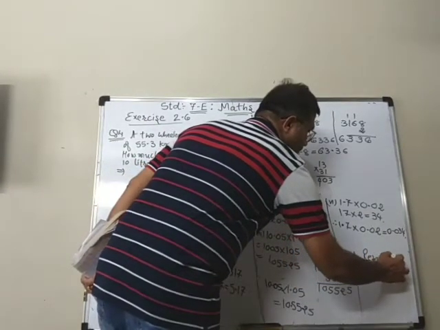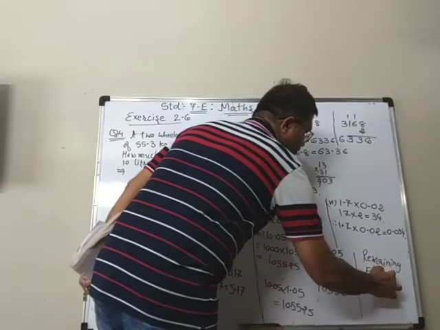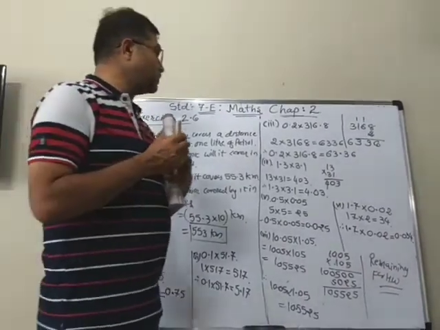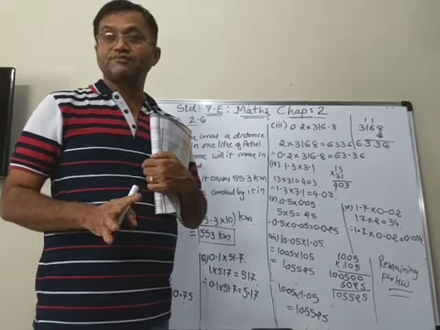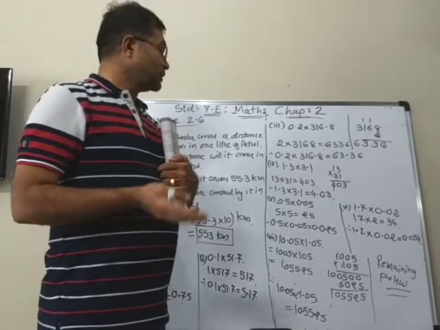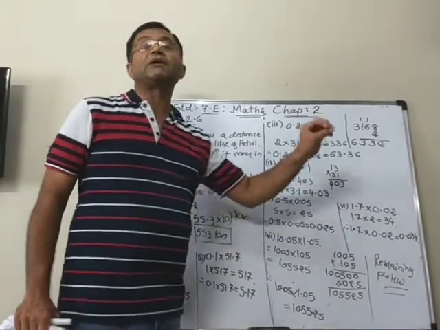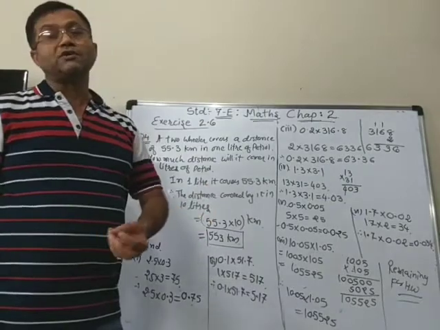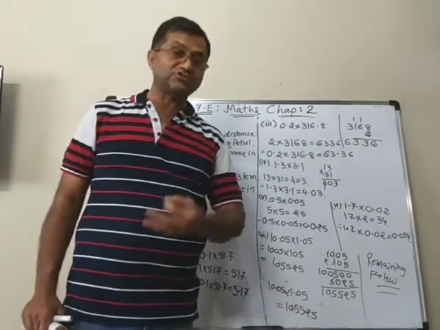Remaining for homework. Just what we have to do? Just we have to take out the decimal point, count them as whole numbers, and then count total decimal places, and according to that put the decimal point again back in the answer. So you will get your answer. Just be careful while doing the multiplication, that's all.